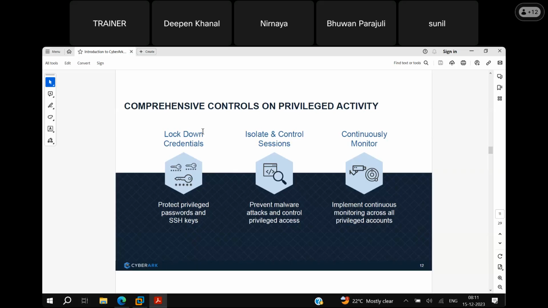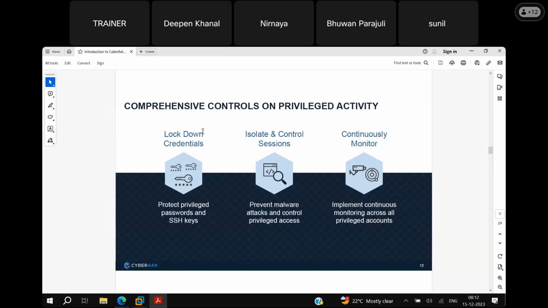So in that case, whenever the first user releases that account, or we as CyberArk admins with permission release that account, only then can the second person use it. We are providing a security feature so that different users cannot access the same privileged account at the same time.